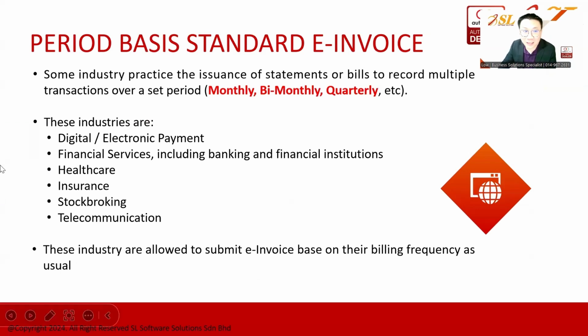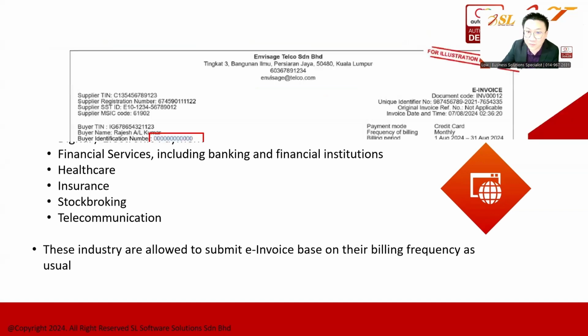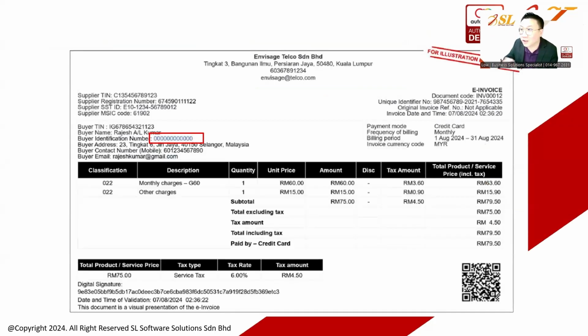Some industries, like e-wallet, banking, hospital insurance, share market, telco, all these businesses, can issue you an invoice on a monthly, yearly, or quarterly basis, based on their frequency of issuing the invoice. So this is additional knowledge only, not for all businesses, only certain businesses. Example, telco. You see, telco issues you the money charges. It is not possible that you call one supplier and they give you one invoice for 30 cents,